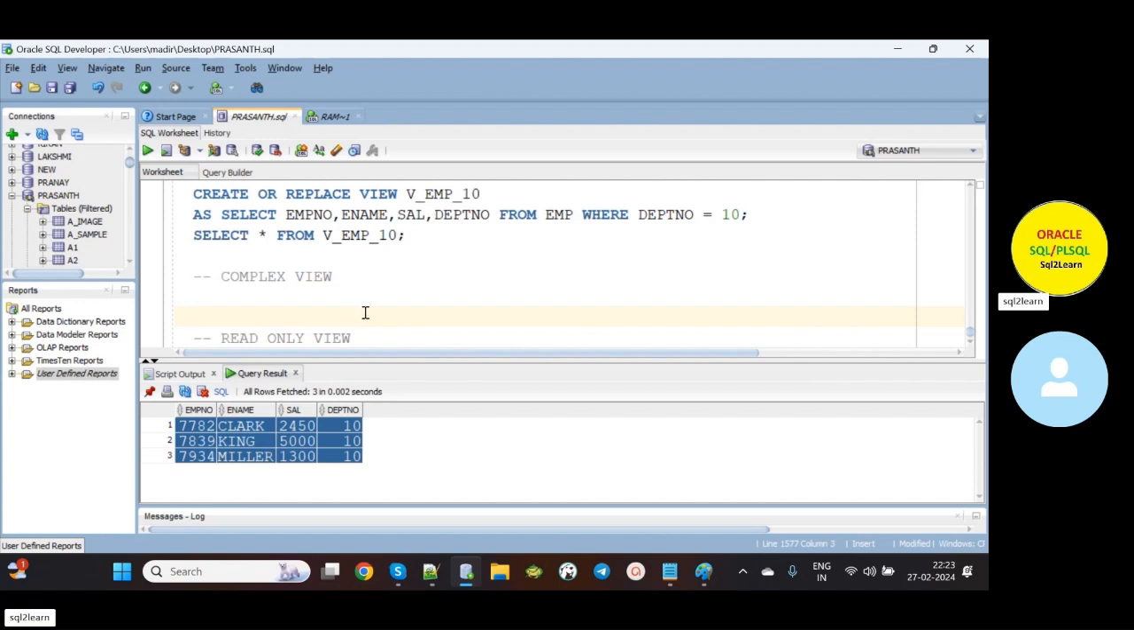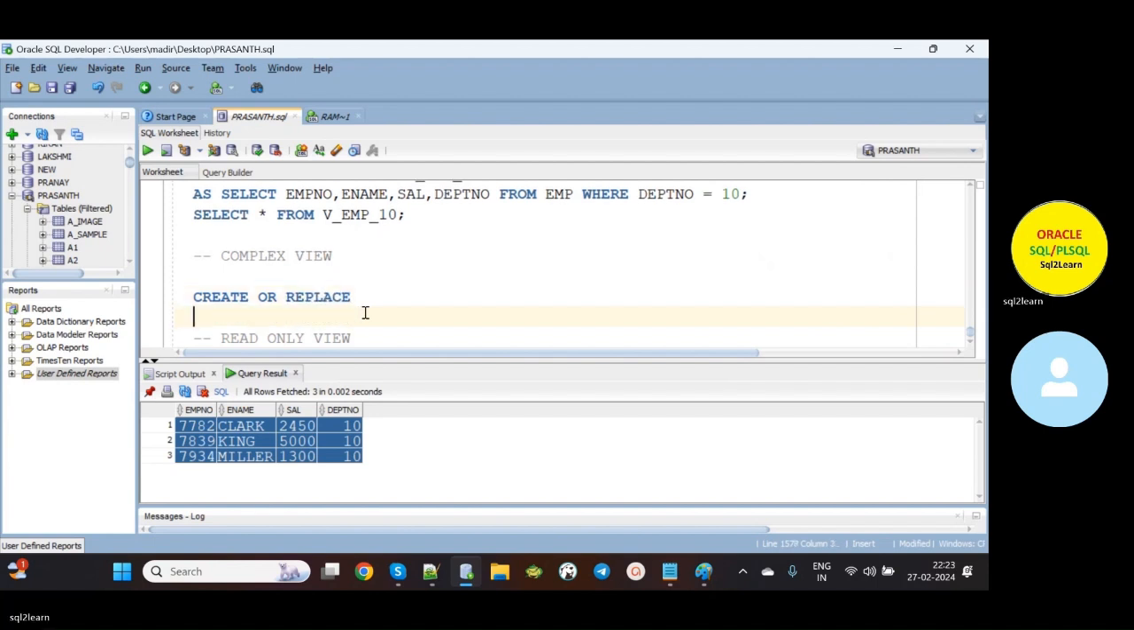Okay. Now creating a complex view. So create or replace. So I am creating one more view. If you are creating a view on a complex query, then it is called a complex view. Simply, I am creating a view